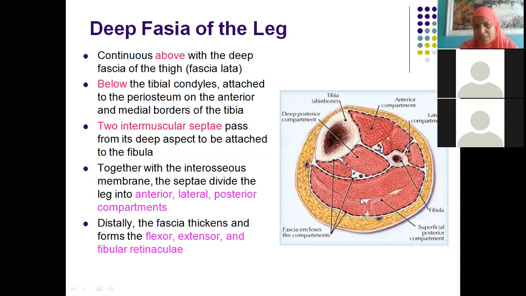In between them, a small tendon-like degenerate muscle is there. Very good. Plantaris. Deeper muscles? Tibialis posterior. Suppose this is anterior, this will be tibialis posterior, flexor digitorum longus and flexor hallucis longus. So these are the compartments and these are the muscles we are going to study in detail now.